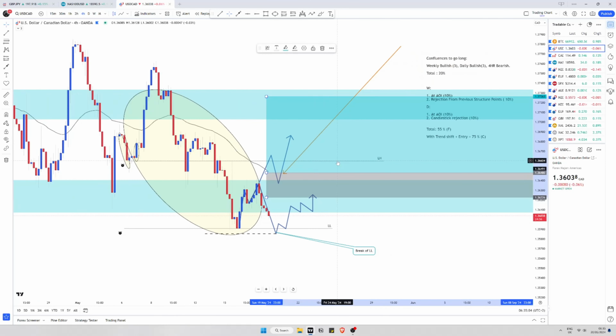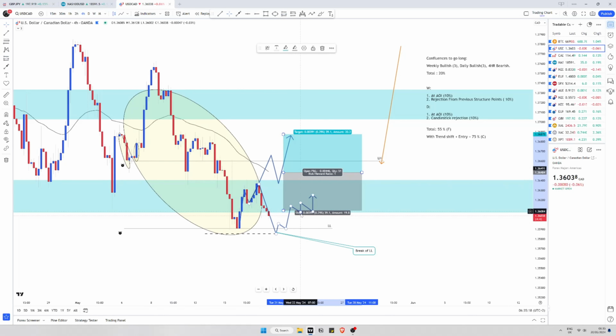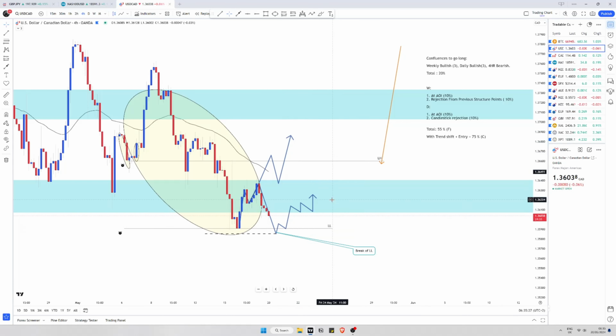Second entry would basically just be a break of the lower low, because currently it is bearish and you'd like it to not have a stop loss, like if you were to take it here. If you just ignored everything, you'd have to take it from here at that point. Not exactly ideal to have a massive amount of stop loss. So you'd like a break at the lower low, and then from there it's going to be at most, maybe